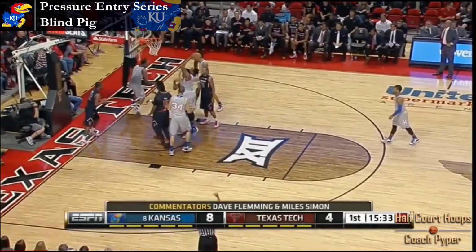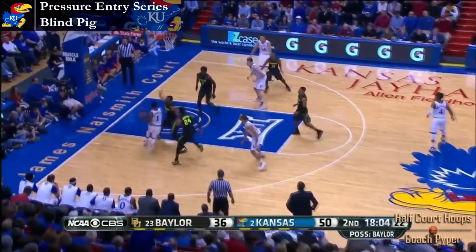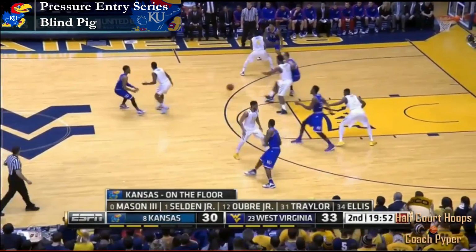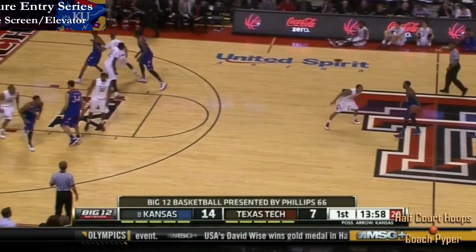Selden attacks and picks up 2 quick fouls now. That cut. They just goals, and he had 2 offensive rebounds. He was the most effective of the big men. He opens as